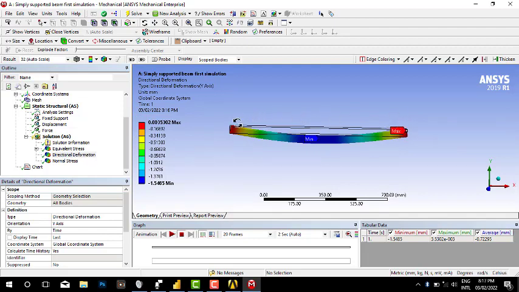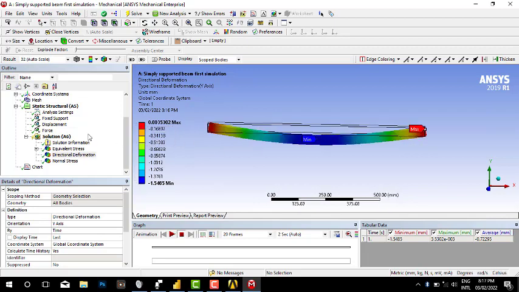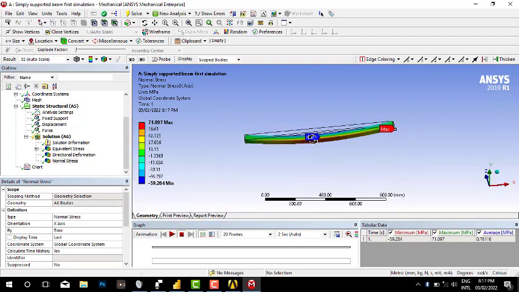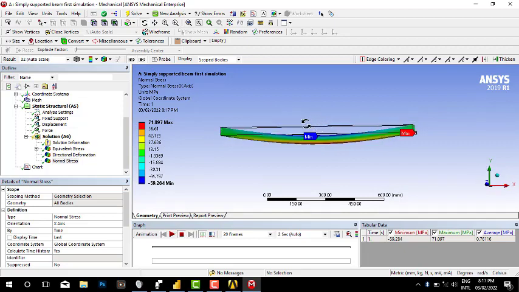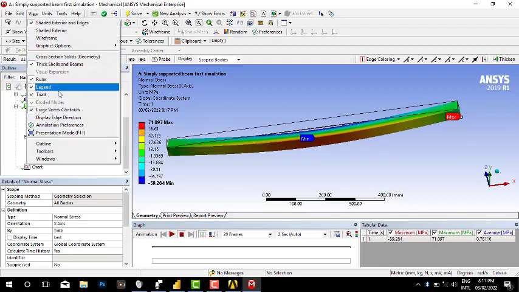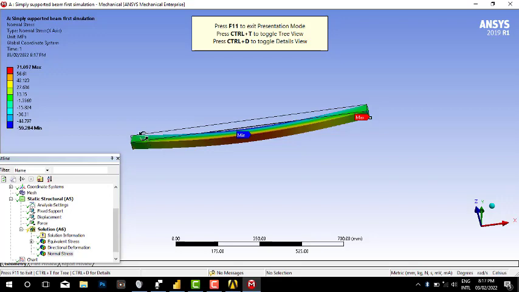As you can see, the red shows the maximum value, and also the normal stress, where the maximum is around 71.09 megapascals, which is showing you that at the center of the beam the stress would be more, which you can predict, right? So this is this simple simulation. XY Engineering and Technology Services offers simulation such as this,